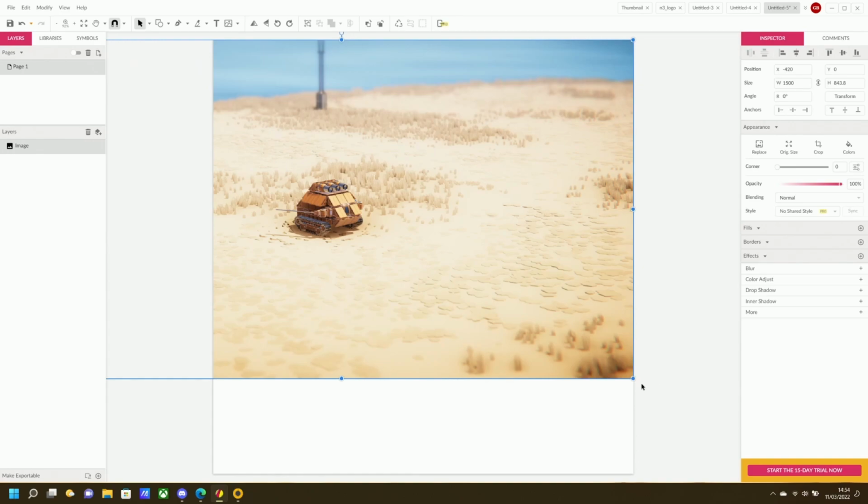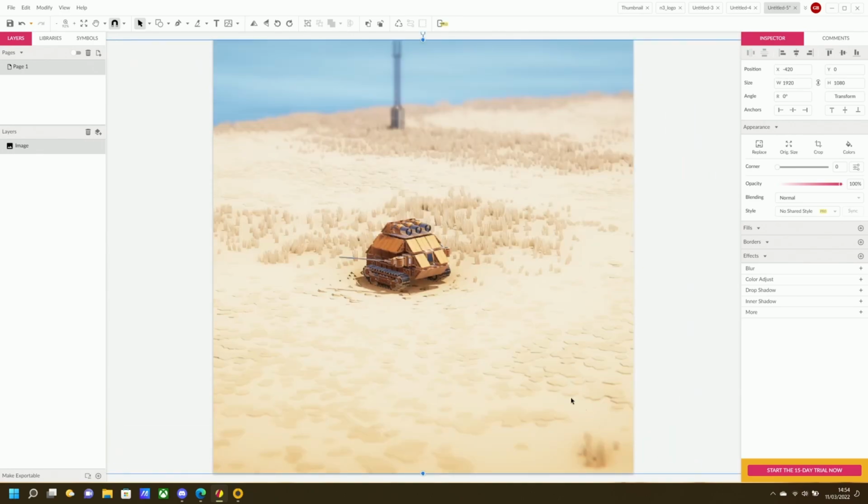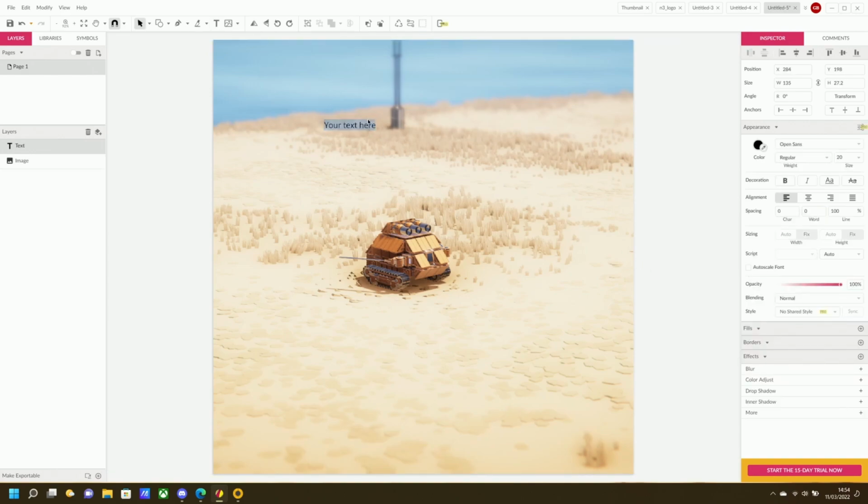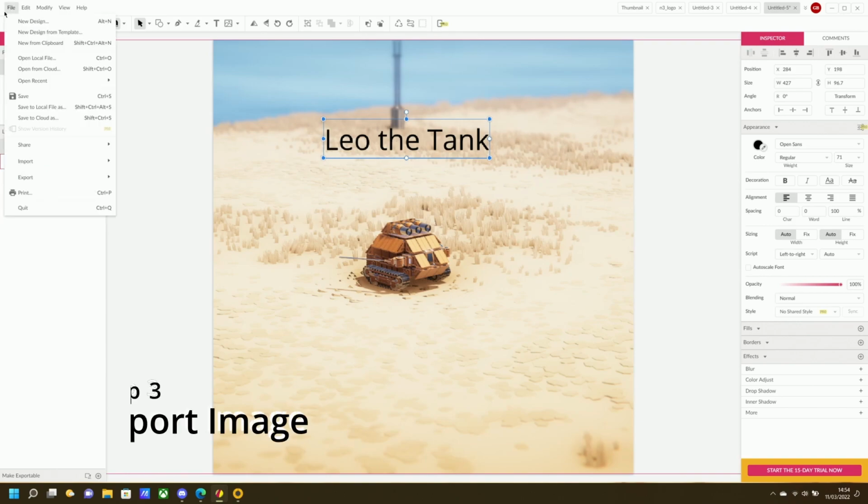Size it so that you have a nice image. I'd probably be a little bit closer to the tank if I was going to be putting this out for real. This is just an example. You can then do whatever you like to this. Just make this bigger. Add Leo the tank. Some words. You can do whatever you want on this, noting it will be quite small when it appears in-game. So anything that you put on needs to be pretty big and visible when it's shrunk down. Then you want to export that